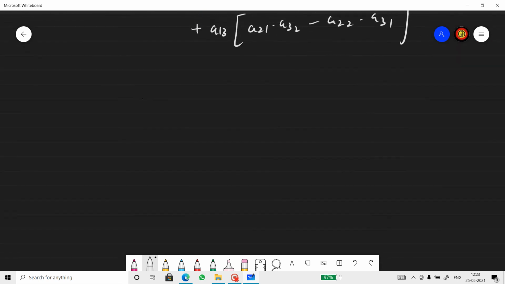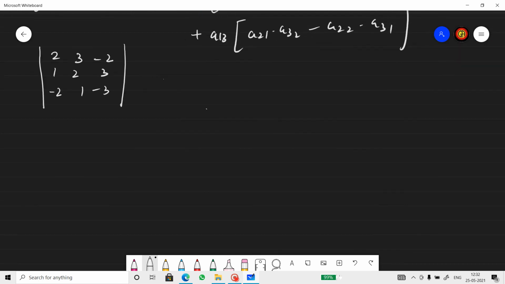Okay. Alright. Start for a 3 by 3 matrix now. Finding the determinant for a 3 by 3. So put plus, minus, plus on top of it. As I said, we're going to do only the first row right now. So the first element is 2. Delete the row and column in which 2 is present. 2 is present in this column and in this row, isn't it? So if you delete, what remains?